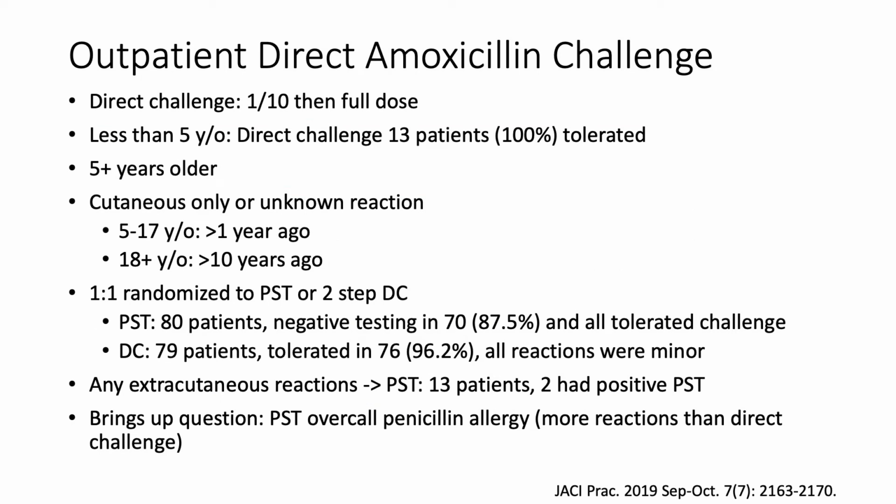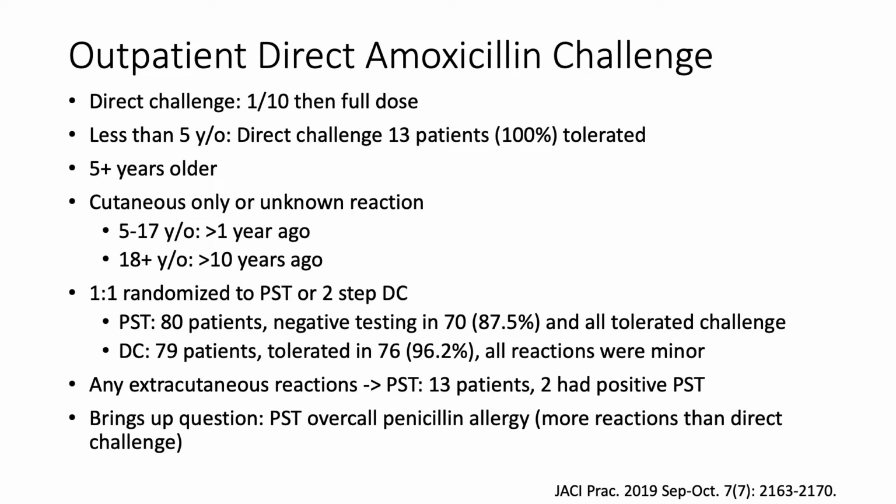And in the outpatient setting, there have been other studies that have looked at this. This one was just published in 2019, and they looked at doing a direct challenge with 1/10 and full dose, which is what we do after our penicillin skin testing. And they actually divided their patients out based on age, including pediatric and adult patients. So if the patient was less than 5 years old, they just did a direct challenge, no matter what. They didn't care what the history was. If they were less than 5 years old, they just did a direct challenge, which included 13 patients and 100% tolerated. The reason why they could do that is there's clear literature in this age group that these patients are receiving amoxicillin, and this is amoxicillin-induced rash with a viral illness,